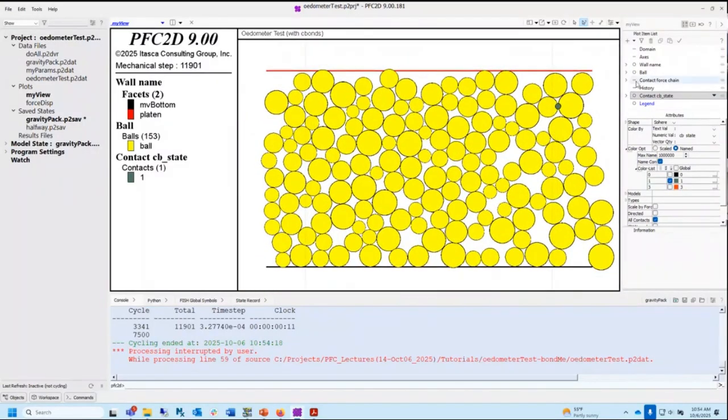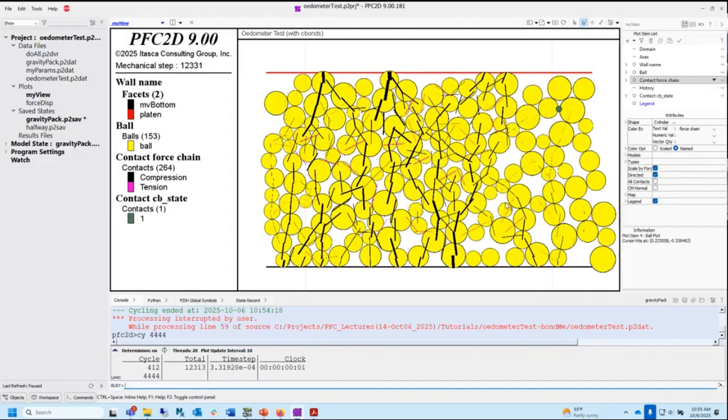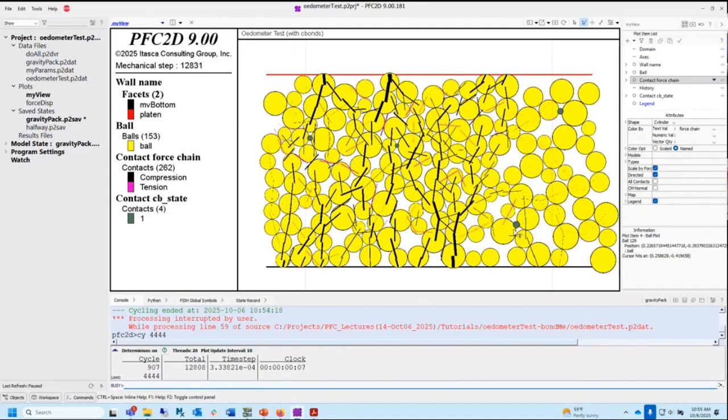I saw a few of them go ahead, and then they kind of bonded again. Is this possible? No, not unless we tell them to. That's not what's going to happen. Let's just keep running this a tiny bit. I'm just going to cycle more. The walls are still moving together. There's no load here. Here's another one. Here's another one. Here's another one.